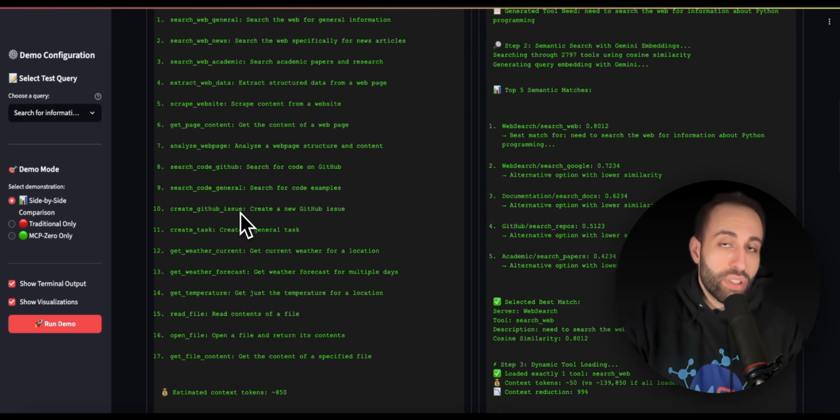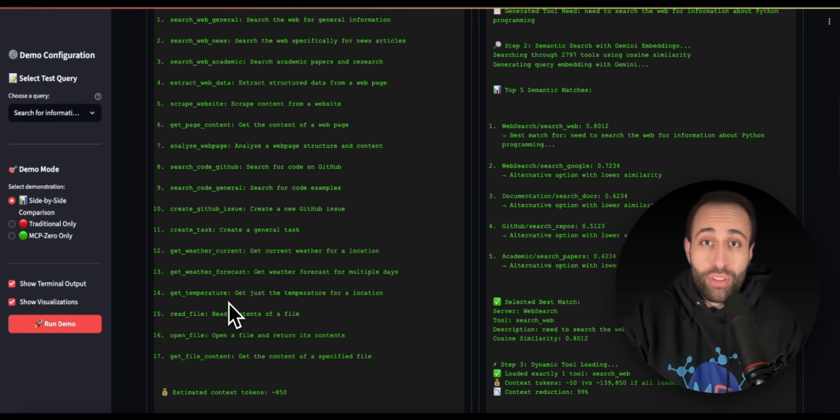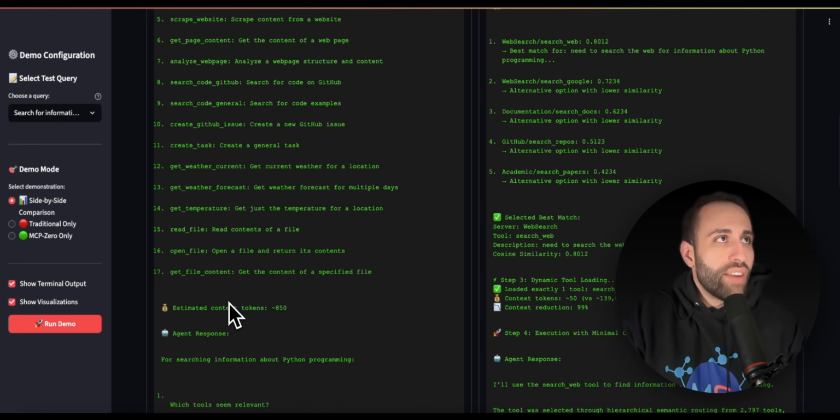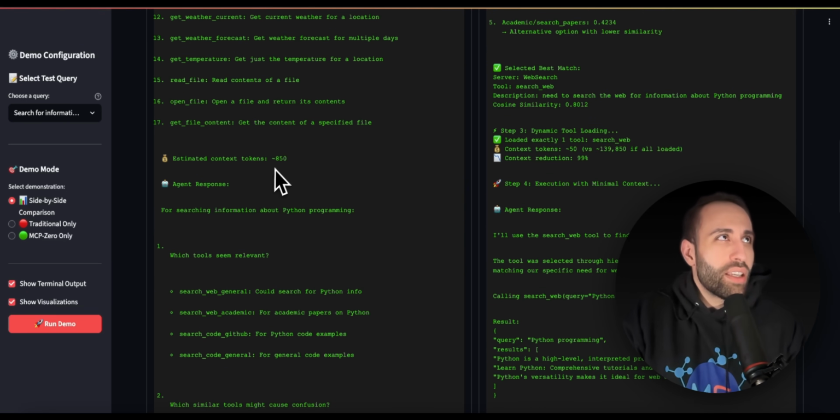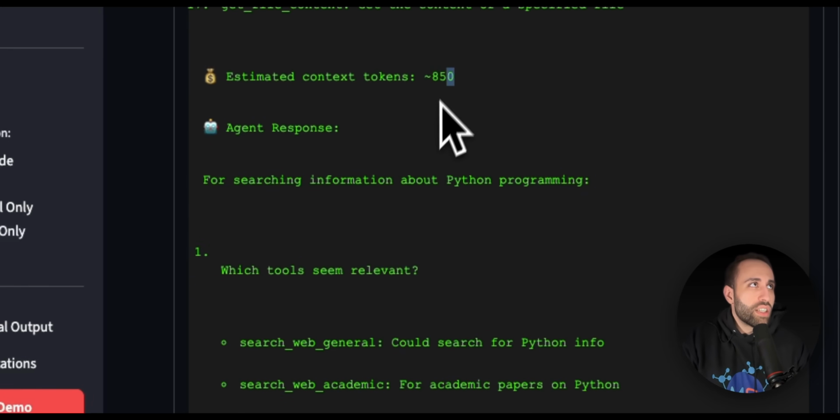These are not relevant really to my actual AI agent. And of course, this example is very, I would say, bolted and exaggerated. You don't have a tool like GitHub versus weather for an agent. They're totally irrelevant. But you might have an AI agent where you have tools that are relevant, but I see there a lot. So after having all this coming in, you can see the estimated context token out 850, and